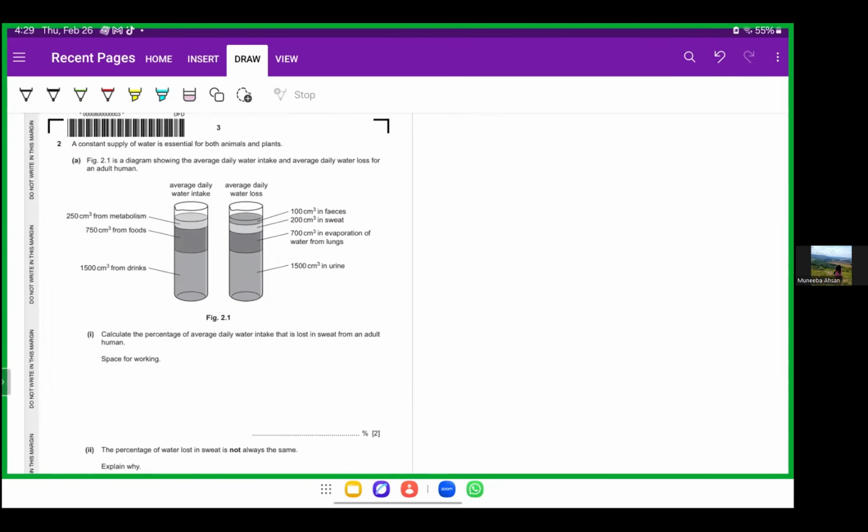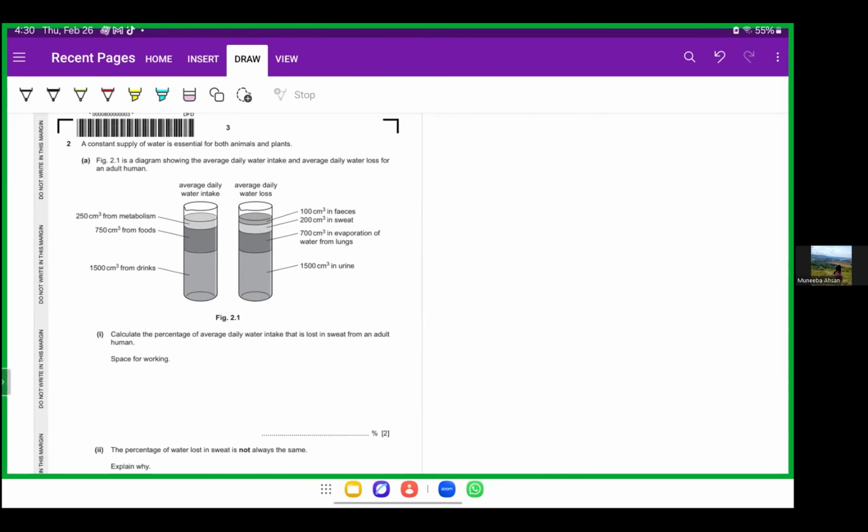A constant supply of water is essential for the animals and the plants. Figure 2.1 is a diagram showing the average daily water intake and average daily water loss for an adult human. In the average daily water intake, you can see that 1500 cm cube is being consumed from the drink, then 750 cm cube from foods, and 250 cm cube from metabolism. So in total, you are consuming around 2500